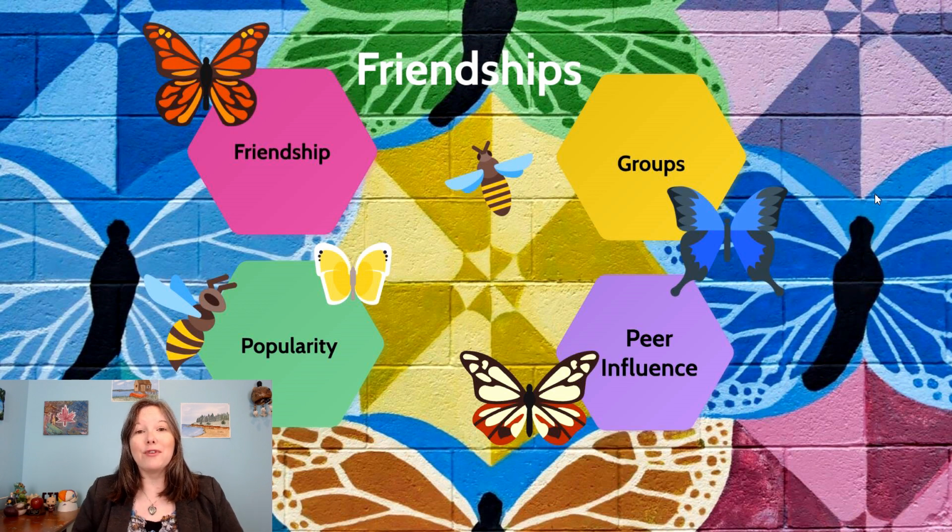This unit is on friendships, and it builds off our last unit on the self. Now that we know who we are, how do we interact and make friends? And throughout this unit, you're going to see the themes of butterflies and bees. That's really just a metaphor for the social butterfly and the queen bee, and how we sort of build hives and networks together. So you can think of the great pollinators as being a key instrument in how we form friendships. So we're going to start things off by just talking about what do we mean by friendship?